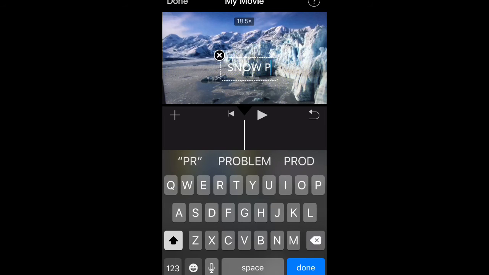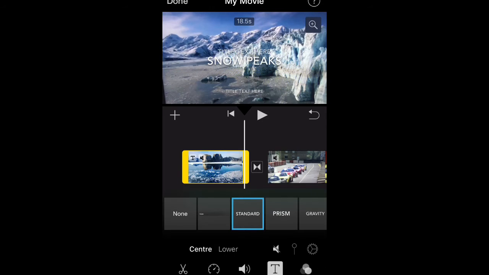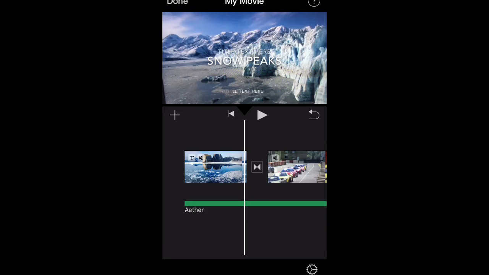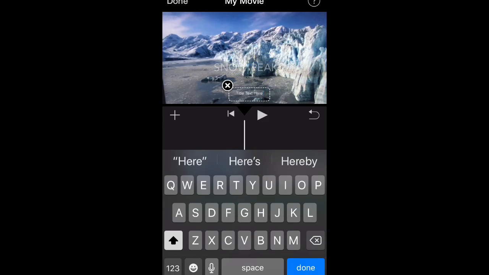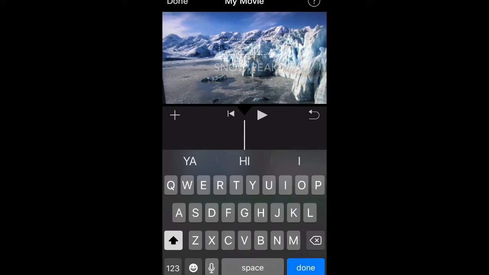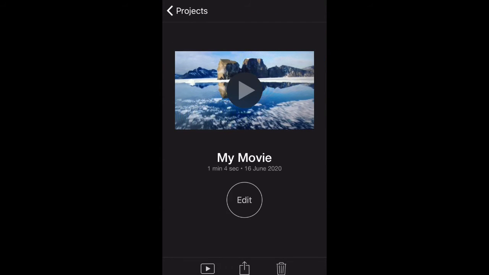Snow peaks. Okay, so this has overwritten this one. I guess I selected the above one only. Yeah, this is selecting the above one only, but I can select all of these one by one. As you can see, I've just selected the second one. I'll write snow and done. I can remove the top one as I don't need it. Even if I don't enter anything, it will not take it. So we can either remove it or let it be like this without any text. I'll press done. This has been saved.